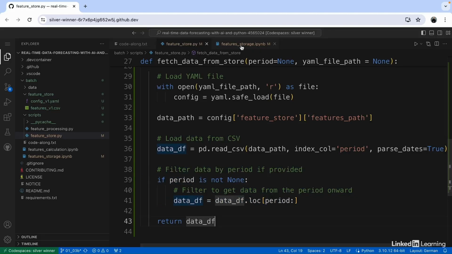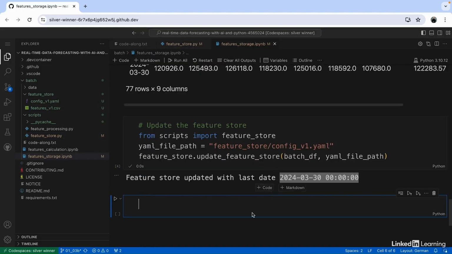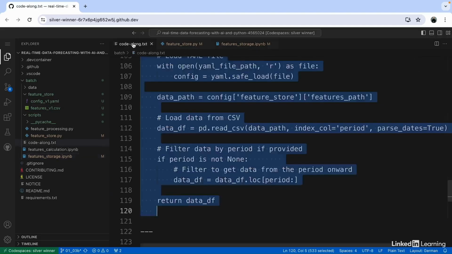Okay, great. Back to our notebook. And we want to insert the code over here. And to get the code, we go to our coding file,